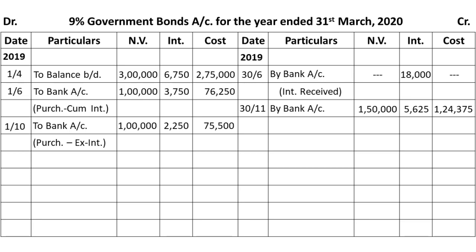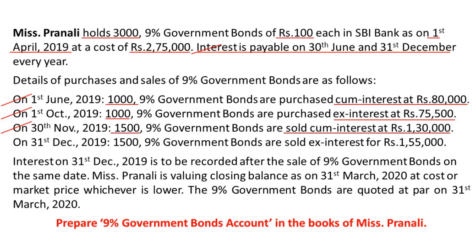We have suffered the loss on this particular transaction. So loss should be transferred to profit and loss account by crediting to investment account. So we will also record the loss by debiting profit and loss account, loss on sale in a bracket, and in the cost column only we will record the actual loss that we have suffered, which is rupees 3,650. Let us move to the next transaction.